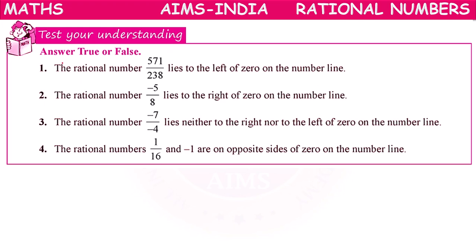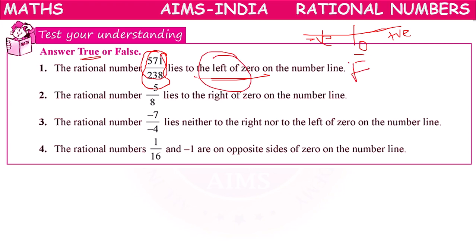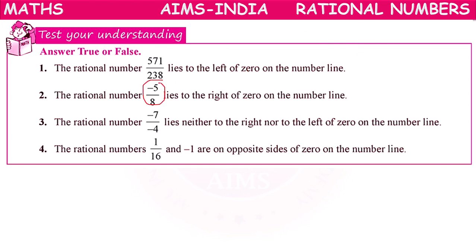Next. Answer true or false. 571 by 238 lies to the left of 0. Left of 0 means all negative rational numbers lie there. Right of 0, all positive rational numbers lie. So this is positive, but they say left of 0, so it is false, wrong. Minus 5 by 8 lies to the right of 0, wrong. Minus 7 by minus 4. Minus 7 by minus 4, we have already discussed: